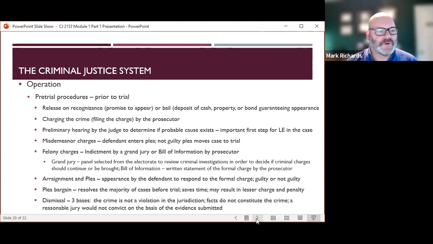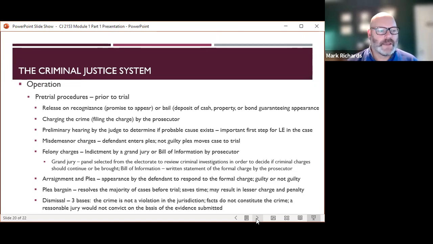The next step in pretrial is their arraignment and plea. This is the appearance by the defendant to respond to the formal charge that has been issued either by the grand jury or by the prosecutor's bill of information. This is where the defendant enters a guilty plea or a not guilty plea. After arraignment, the defense and prosecution can go through what's called a plea bargain process. Plea bargains resolve a majority of the cases before they even go to trial. Plea bargains save time, of course. They save money for prosecutors and also for the defendant, and may result in a lesser charge and penalty for